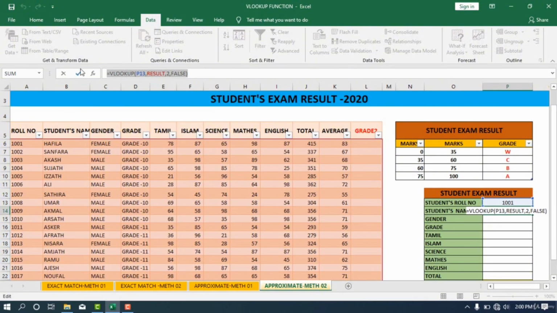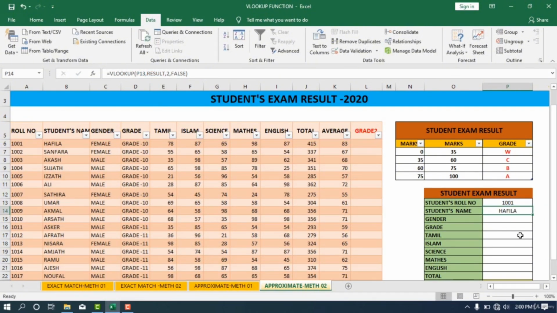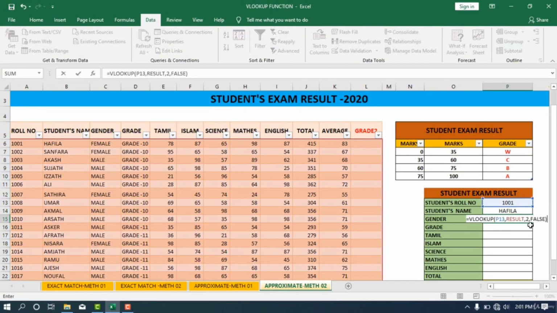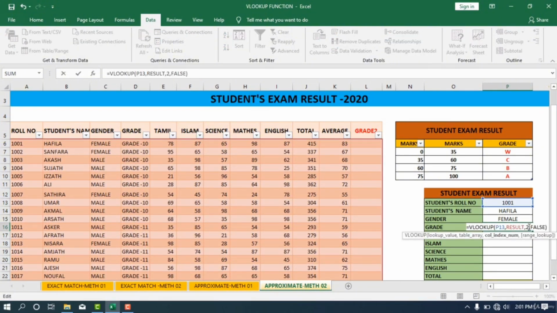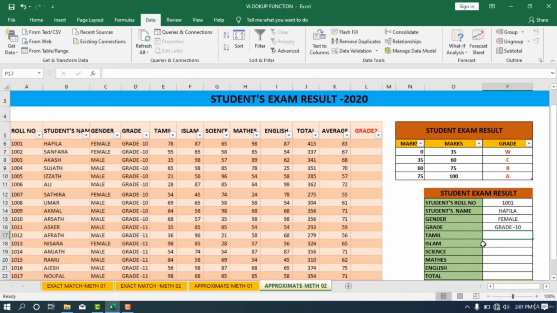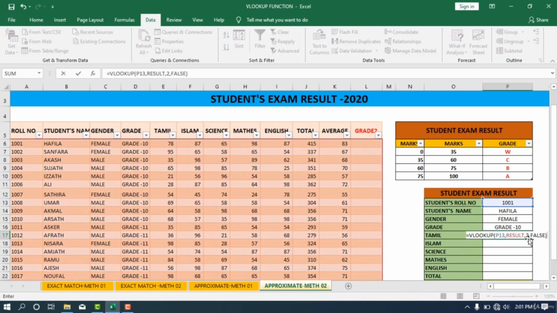Now I'm going to copy the formula and apply it for gender, grade, and everywhere, right? Only the column index changes. Gender is the first, second, third column, so I'm going to change the column index to 3, enter. Grade is the fourth column, and Tamil marks is the fifth column,